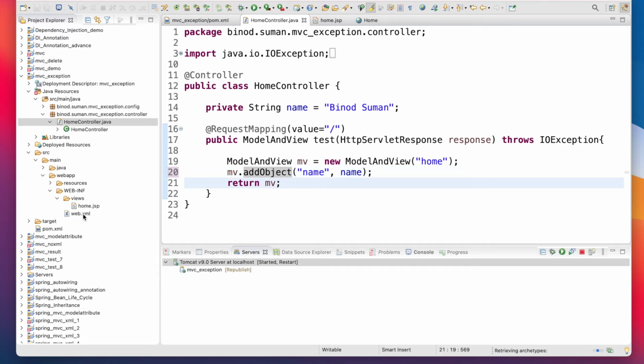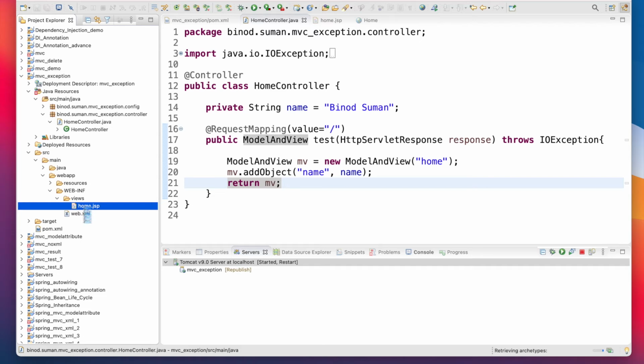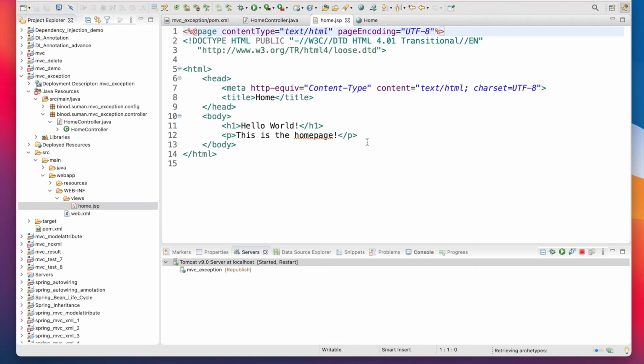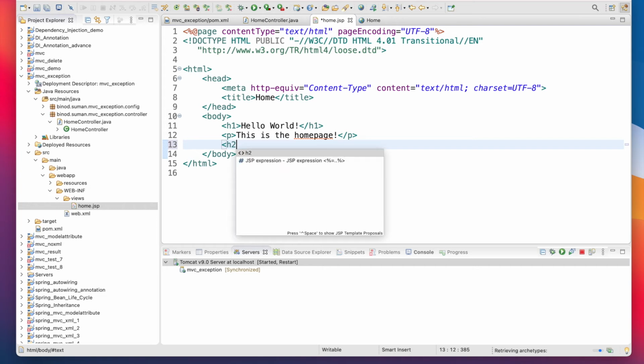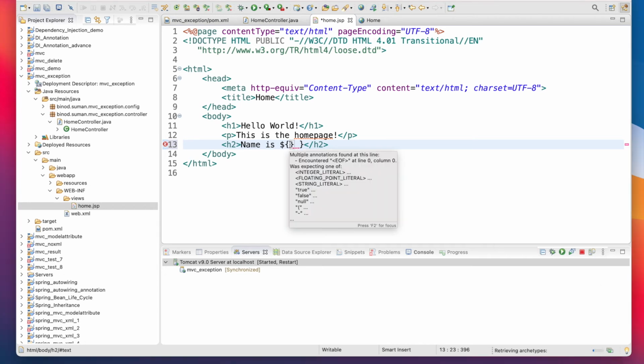Okay. And in the home JSP you just show the name, right? So you can just show the name here. So what you have to do here, name is, right, and here you have to give the name, right?